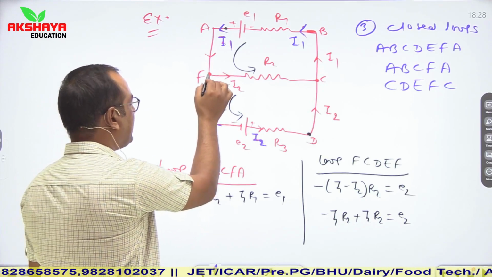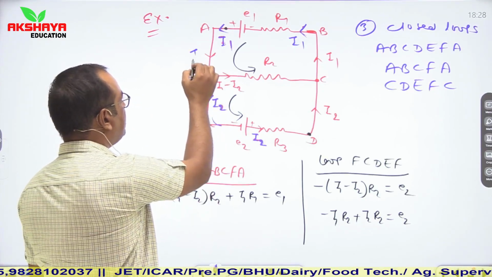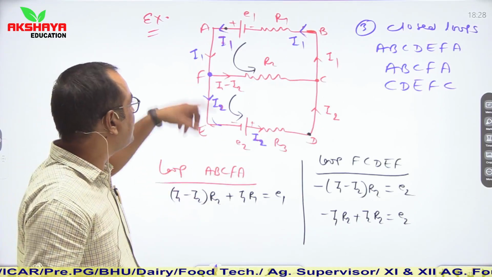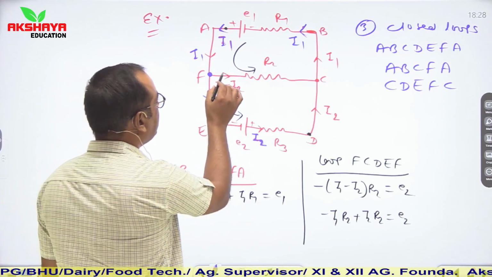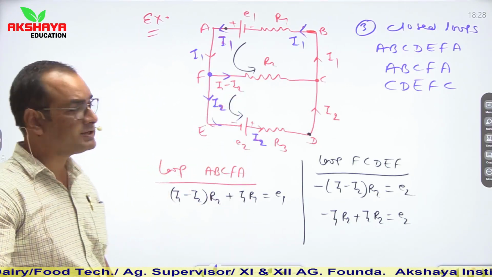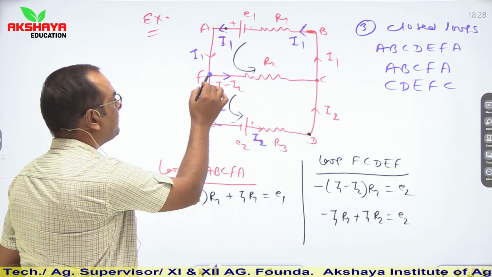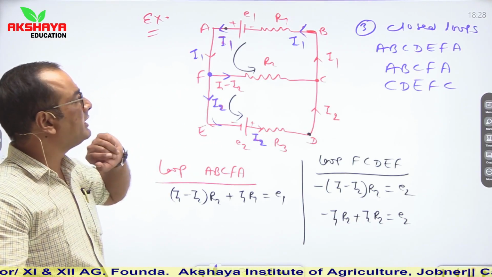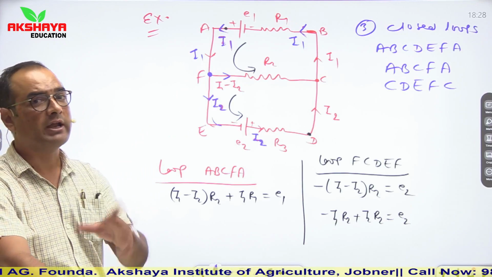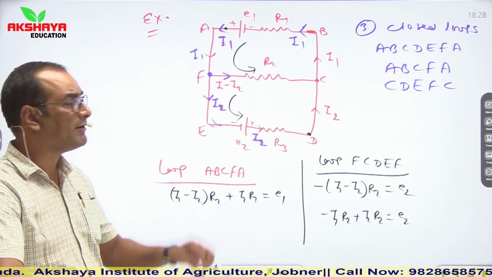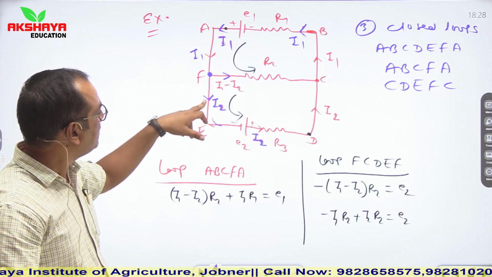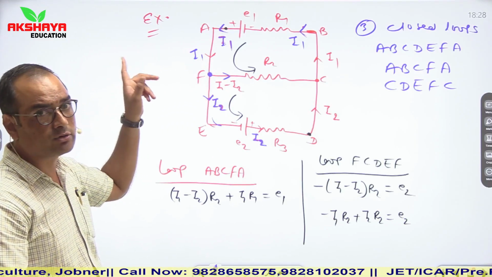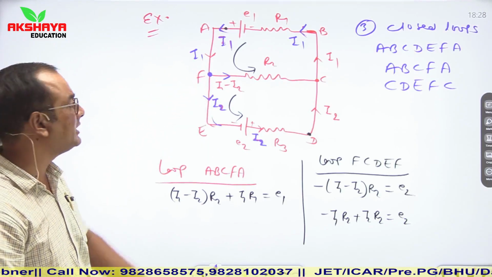So at this junction point F, let us say current I1 is coming towards the junction and current I2 is leaving the junction. So the net current is I1 minus I2, which is flowing in branch FC. If you check charge conservation or KCL at this junction F, the sum of total incoming currents is equal to the sum of total outgoing currents. You can verify KCL at every junction. So I1 minus I2 minus I1 plus I2, the net current is 0, meaning summation I is 0. It means it is obeying KCL.